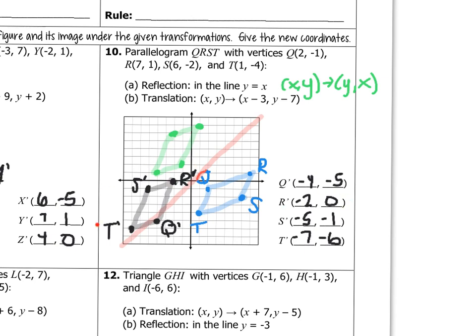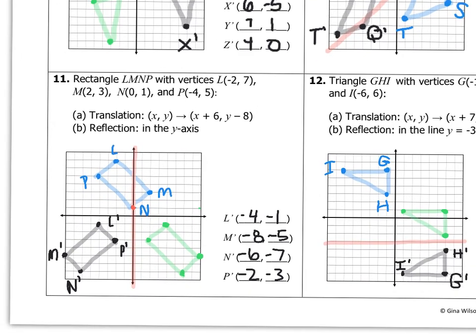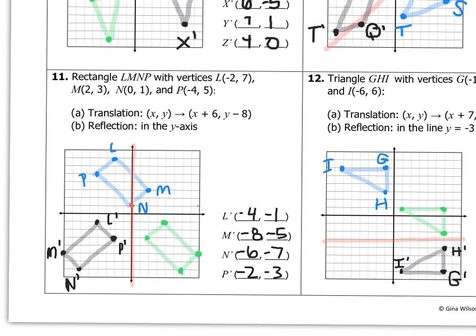Again, it looks like the same shape. It's a parallelogram. It doesn't look anything different. If it looks like not the same shape, then you probably did something wrong, so I would double check that. All right, a lot of these are just the same type of problem, so I'll go through these quickly, but again, you graph your rectangle